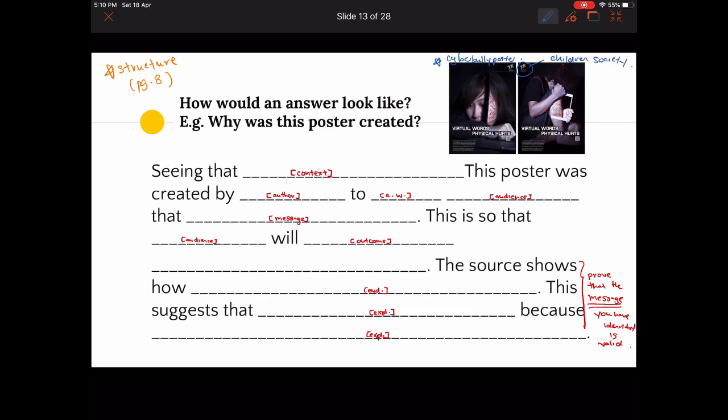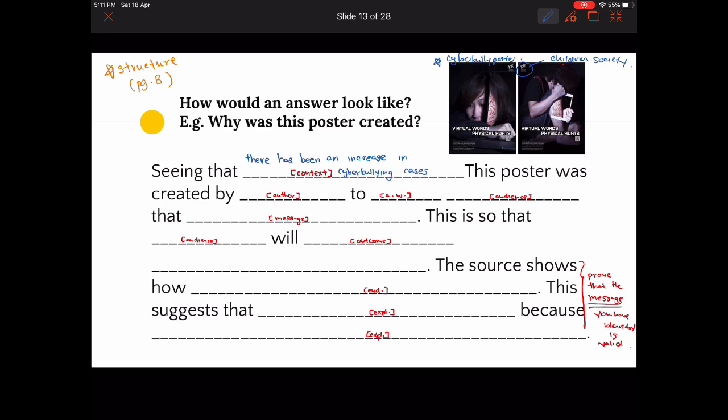So what might be the context of this source? Is it that for no good reason suddenly they come up with a poster about cyberbullying? It wouldn't be, right? There must have been a trend that has been happening in Singapore which made it necessary for such things to be created. One of these trends could be that there has been an increase in cases of cyberbullying. So that could be the context. Seeing that there has been an increase in cyberbullying cases,